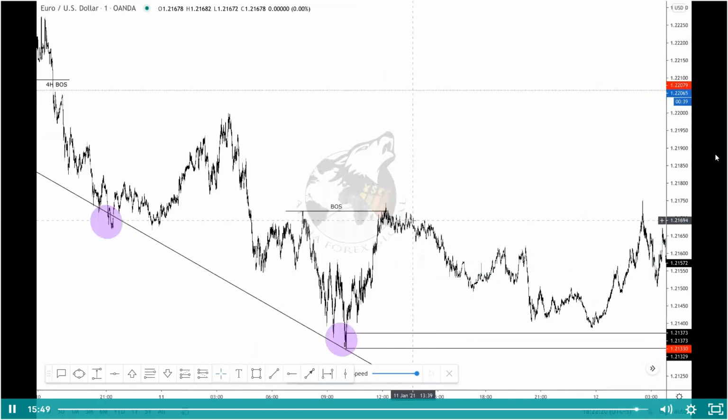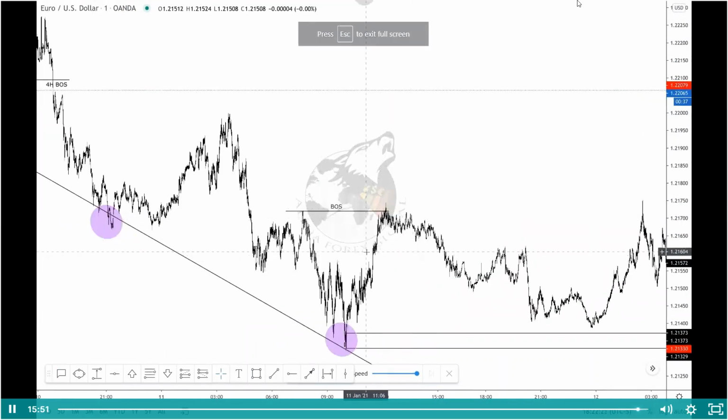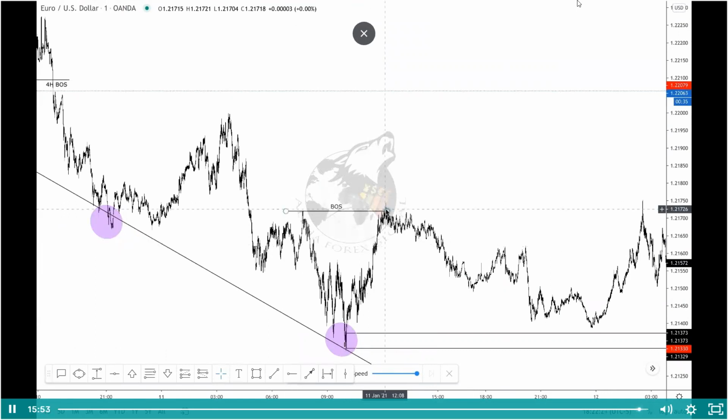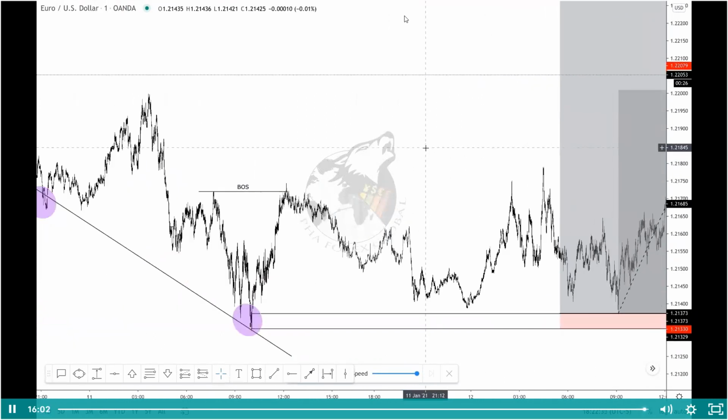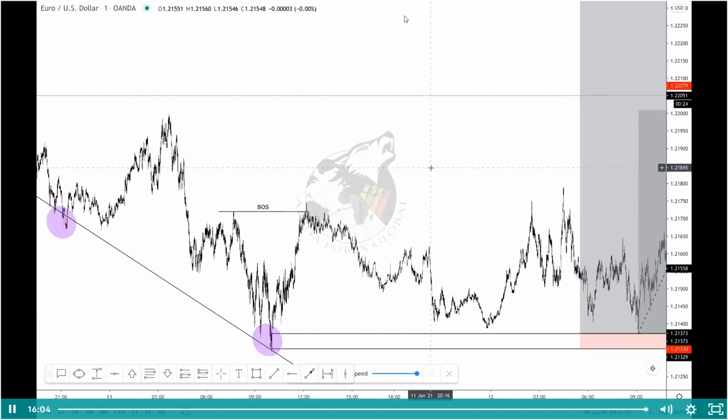And remember, an order block is only valid when you have a sponsor candle that takes out liquidity, and then you see a violent move in the opposite direction. Most of the times that move should be breaking structure. All right, so I'll see you guys in the next video, which